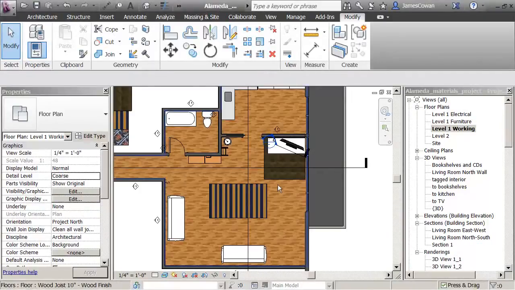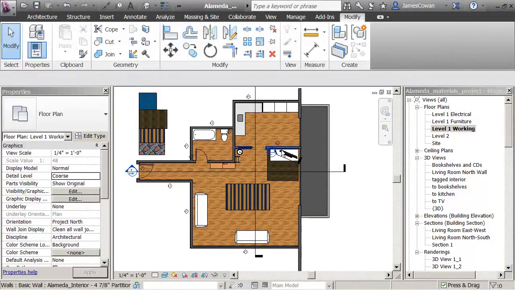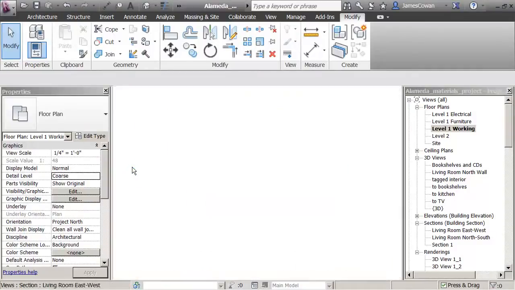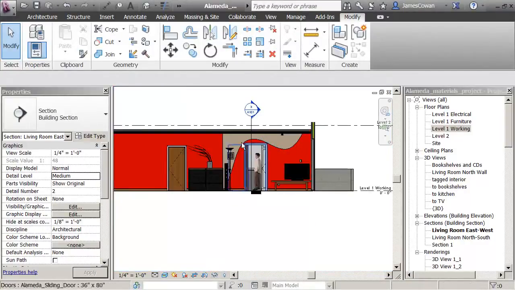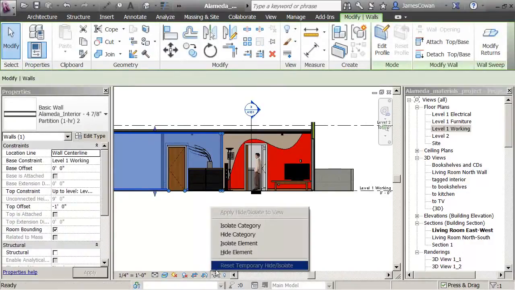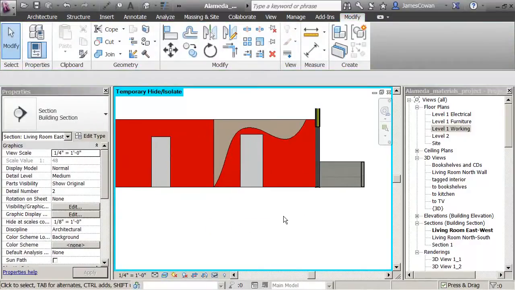Okay, taking another look at the project, what I want to do is put a decal on the wall. So again, if I look at my view where I'm looking at just the walls that are in this view, you see here what I'd done was isolate the category. So picking a wall, isolate category, I'm just seeing the walls. But what I want to do now is go to the